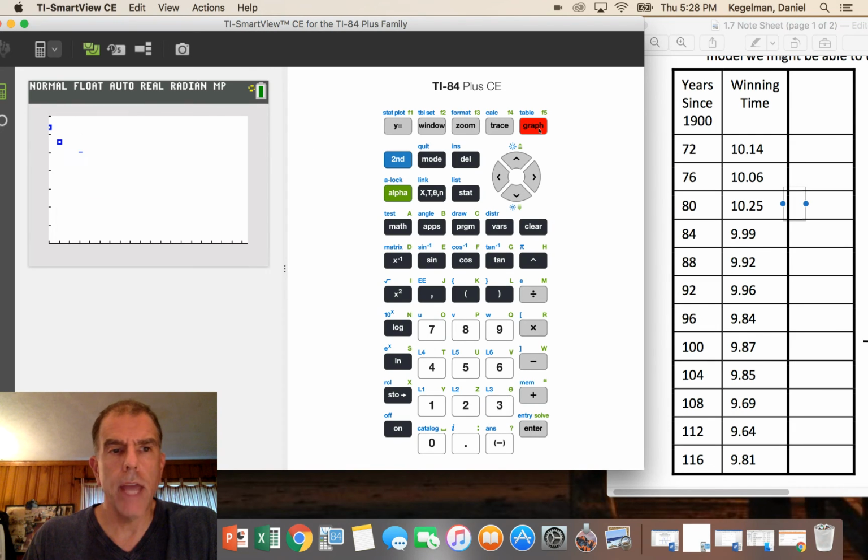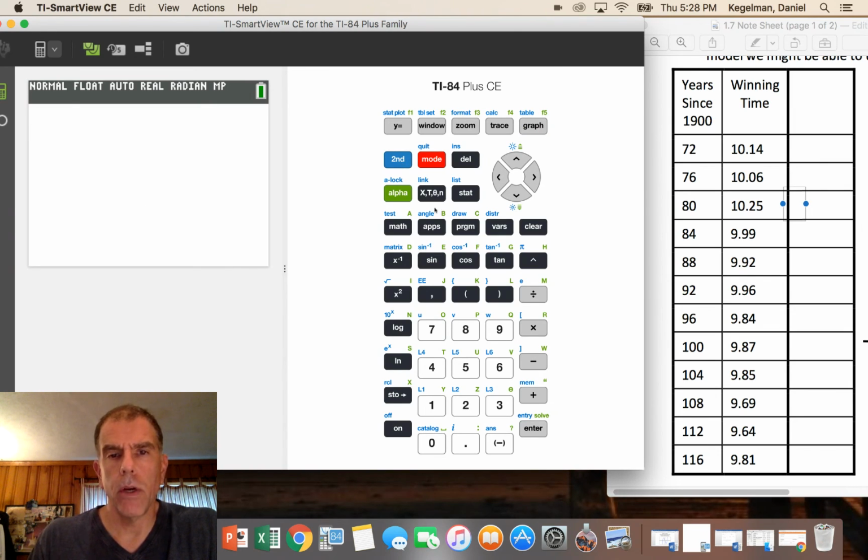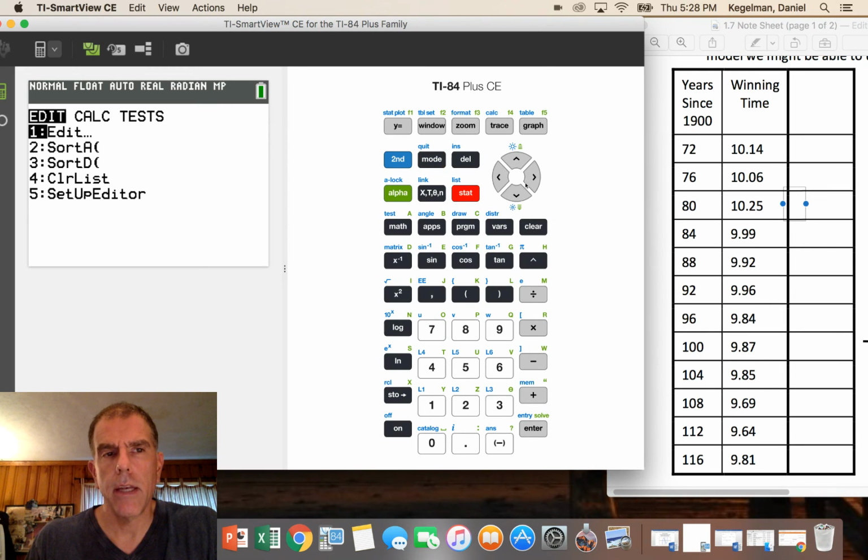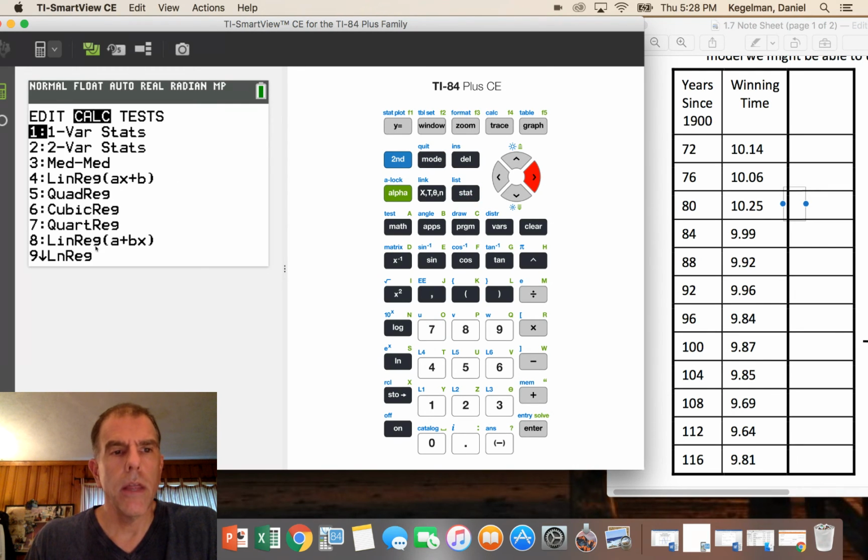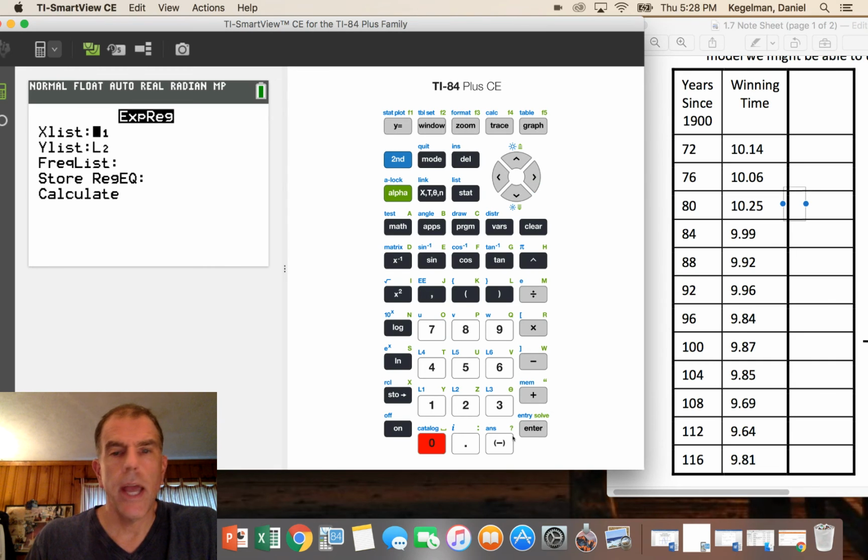So I'll see a graph now. We should be able to see it. And there's my times coming down. Let's go back and do a regression. And we are going to do, let's see, stat, calc. The exponential regression is option 0. And we're going to use not list 1 and list 2, but I want to change this to list 3. and then hit enter, enter, enter, calculate,